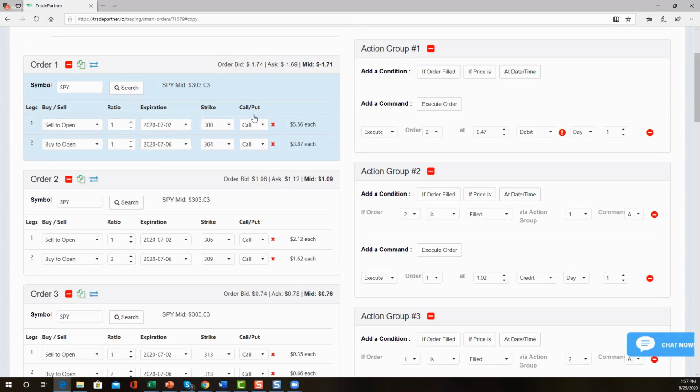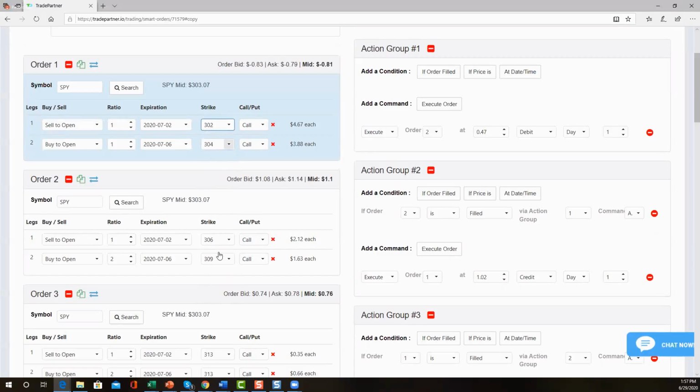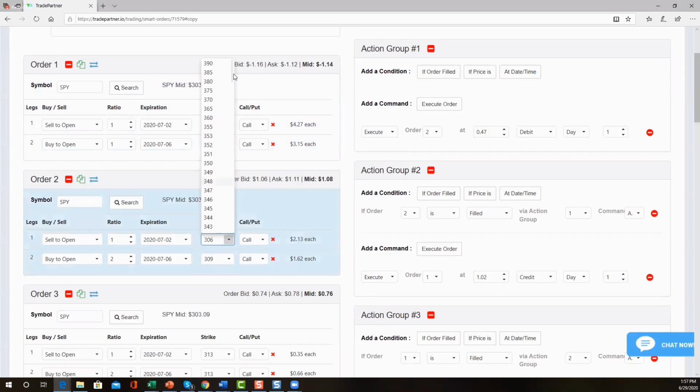I think the 171, you're not getting as much of a credit, and you're paying way more for the debit. Okay, you're talking about a debit of 210 versus a credit of 170 if you go 2 to 1 on this. Okay, so 302, that looked to be about the closest you could get, or the highest you could put this together and create almost a break-even trade, not quite, to the downside. Let's see, 311. Okay.